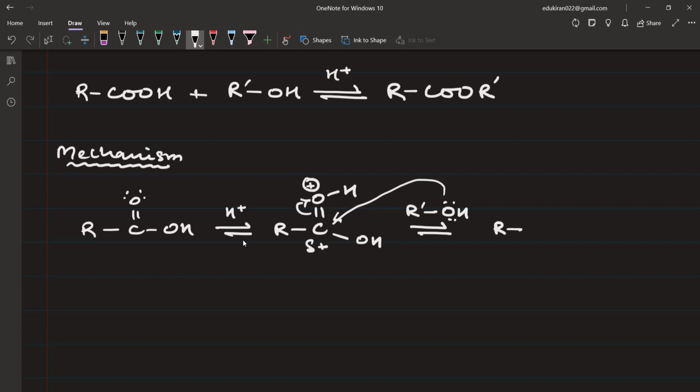So you get R, C, single bond OH. Here you have one more OH. And here you get what? Here you are going to get O, which is bonded with hydrogen and also with R. This is R dash, the one from the alcohol. So you get a positive charge here. Now, what happens? This hydrogen atom gives the electron to oxygen, and you will get